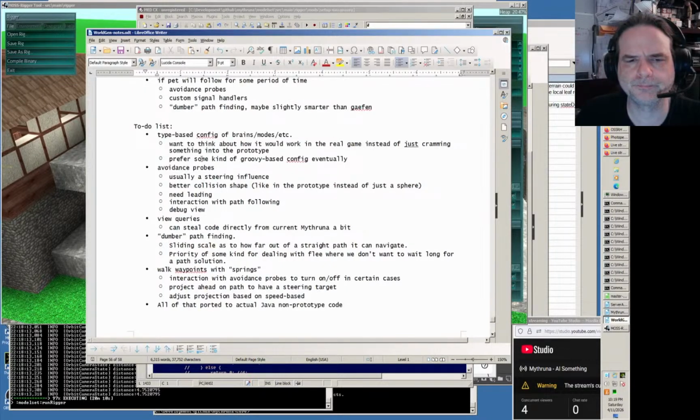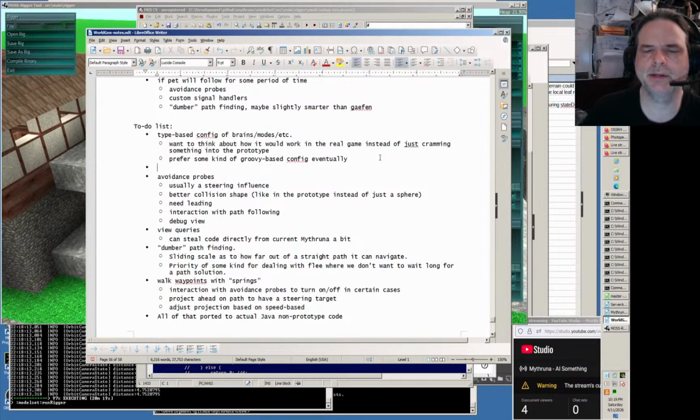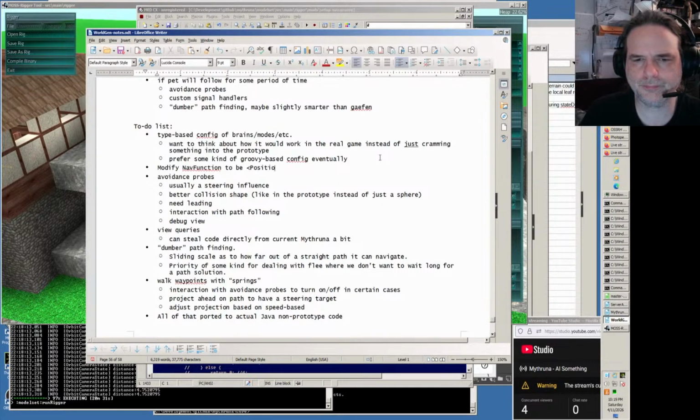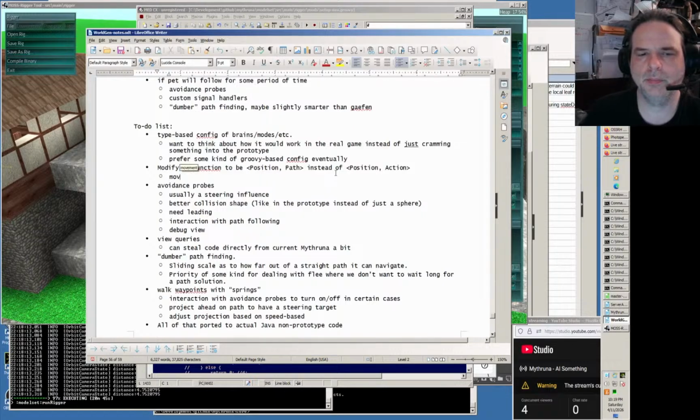Like we've kind of skipped this. We hacked something in for now. But modify nav function to be position path instead of position action. And the path has the action in it already. But by making this, then move heuristic calculation to the nav function. It's like right now, well, I mean,